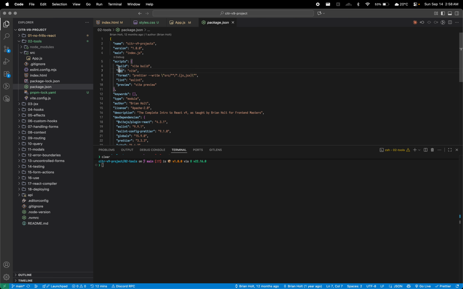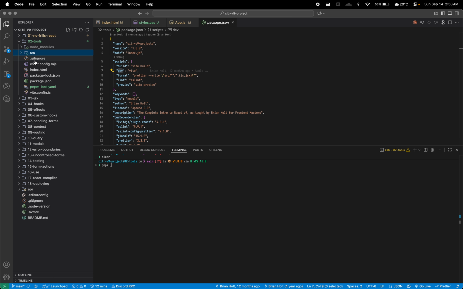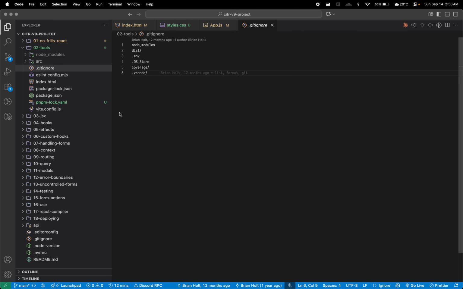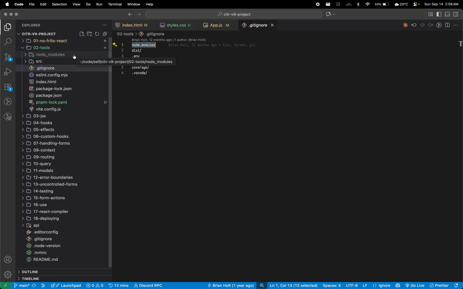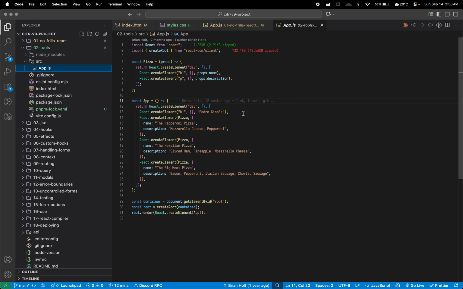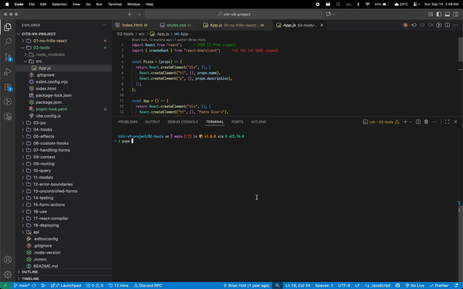In order to run the dev server, we need to run pnpm. So we have installed all the files that were required, and it has also been git ignored. As you can see, it's faded out. If I zoom the UI a little bit just for convenience, you can see that node modules are git ignored. So if we look into the source file, we have the same project that we built using the script of the previous project. So if we run pnpm dev, it should load up the dev server on the port 5173,